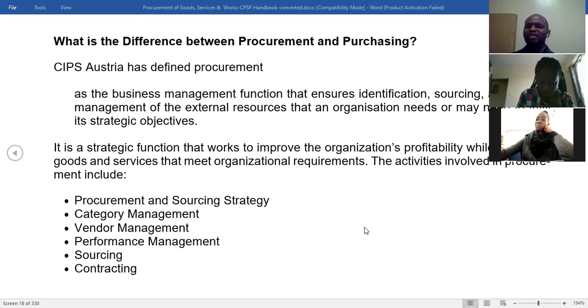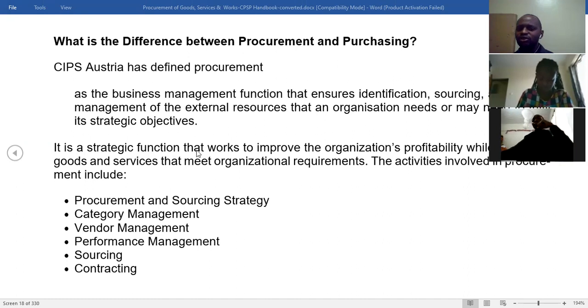Procurement is also a strategic function that works to improve the organization profitability. So the key word there is strategic. And when you talk about strategic function, a strategic function is a function that is going to make you to have a competitive advantage over other firms. Something that is strategic is something that is to your advantage. And therefore, when you implement procurement policies, they are going to help you to be able to get profits at the end of the day. So it is a strategic function that works to improve the organization profitability while delivering goods and services that meet